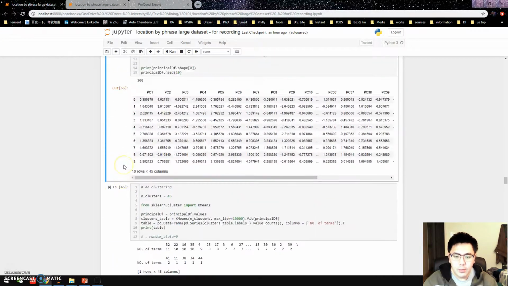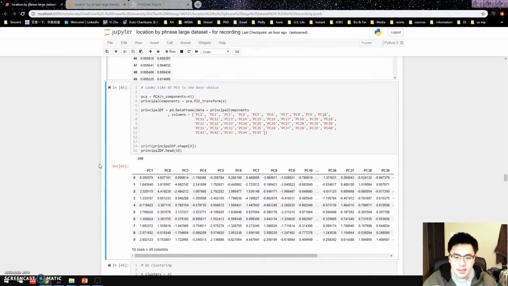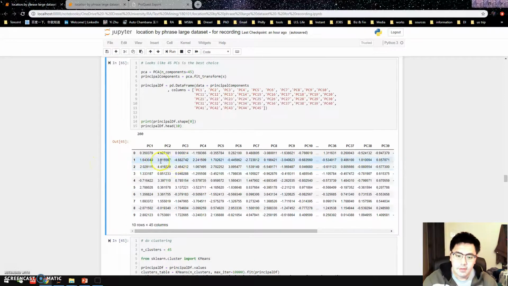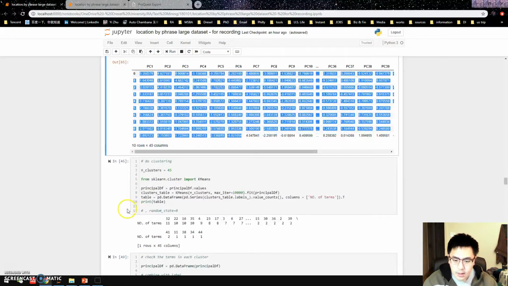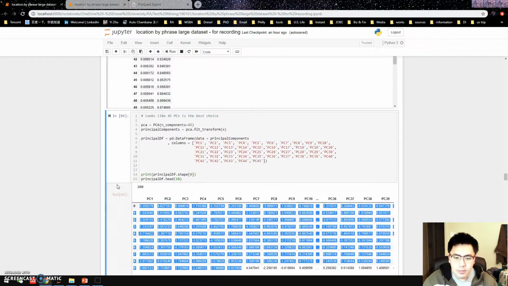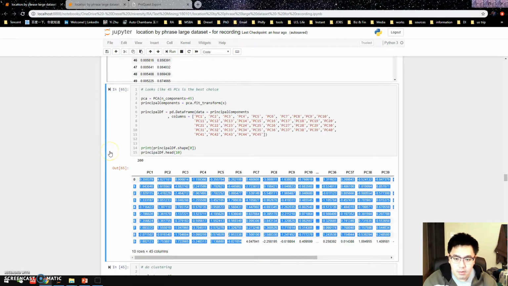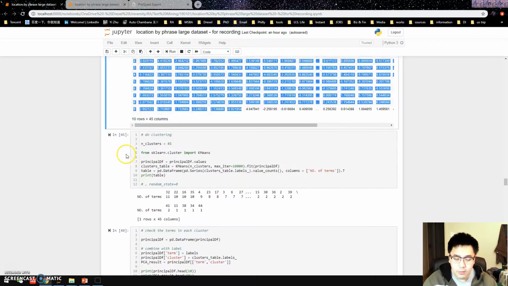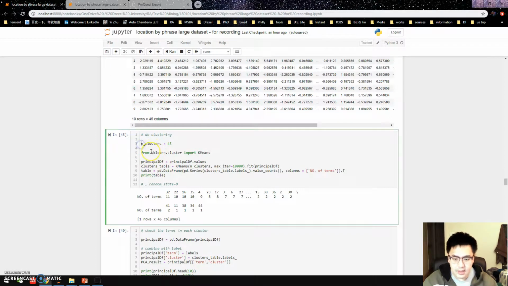So in the previous step, we did the PCA analysis. So now I have this PC table with all the PCs as columns and the words with PC values as rows. Based on this table, I want to do a clustering. In the previous step, we set the number of principal components to be 45. So theoretically, the number of clusters we want to set is also 45, which is consistent with the number of